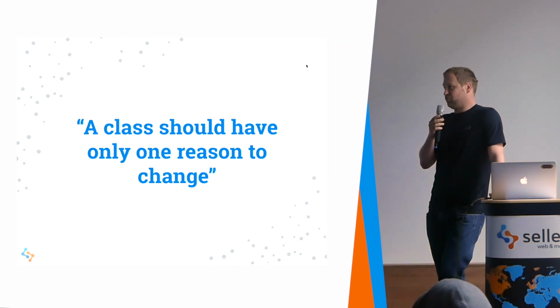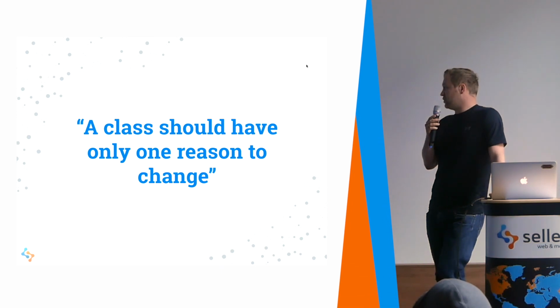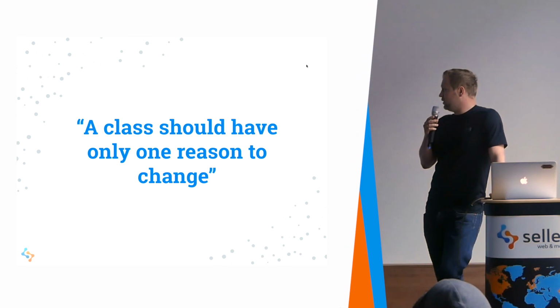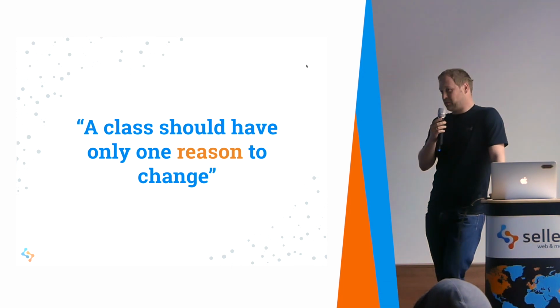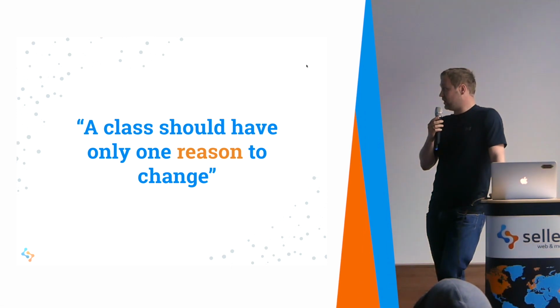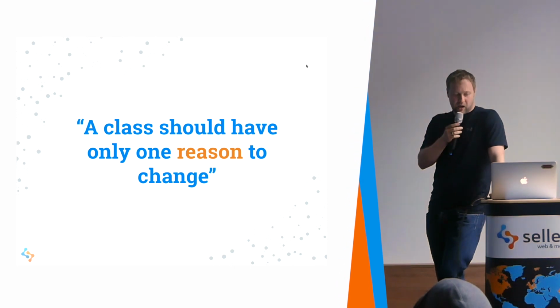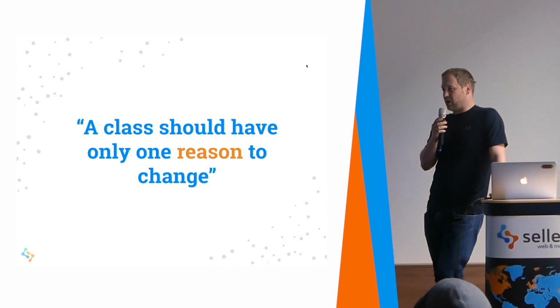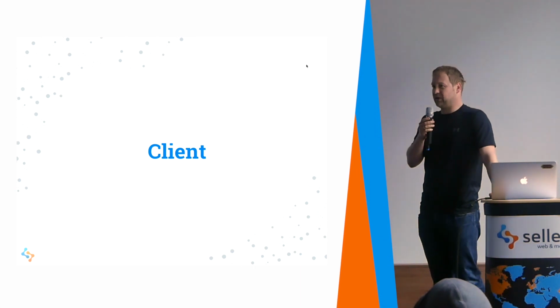So basically, a class that should have one responsibility means that a class should have only one reason to change. The problem is what the reason is. There was a difference stated in the quote a bit earlier, but how can we make it more abstract? So there is this example of a client class,